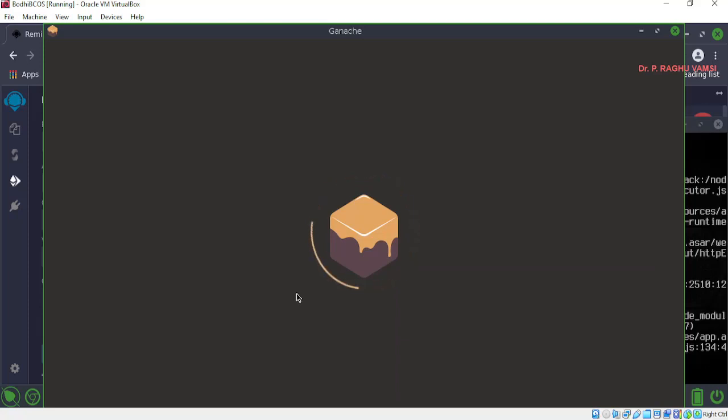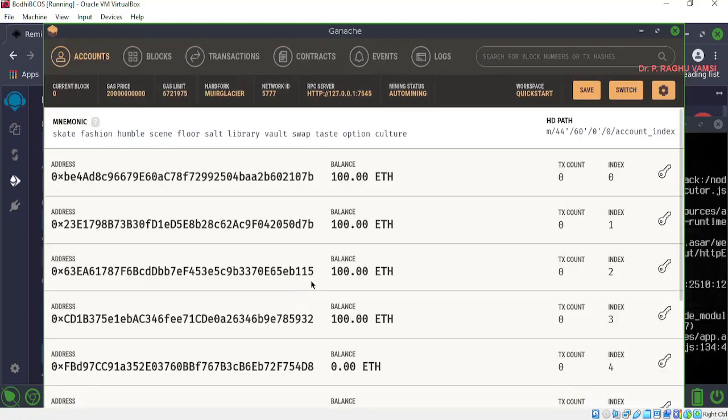Not only the accounts, it will also show many other things like blocks, transactions, contracts, events and logs. These are the various things that you can visualize by using this graphical user interface. Here are the accounts. In general, these accounts we will find on the command prompt whenever we use Ganache CLI.